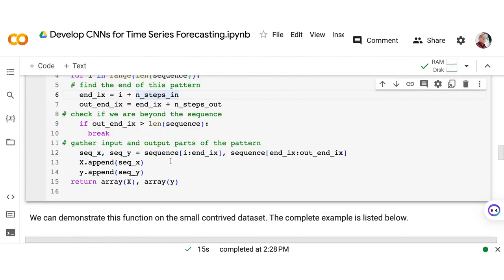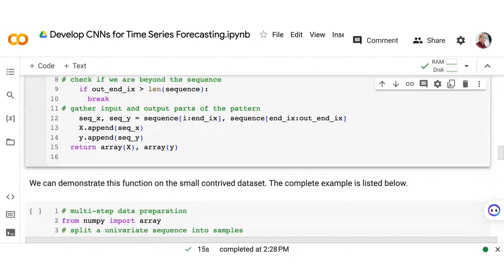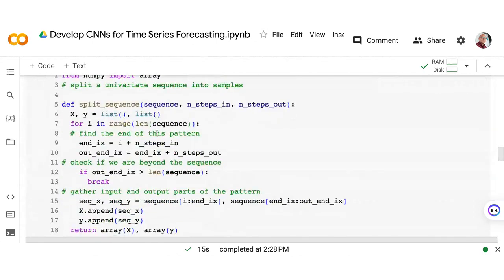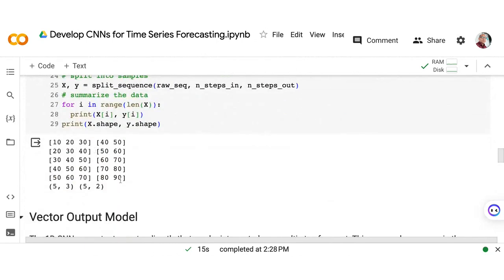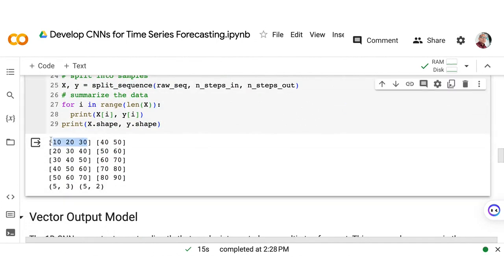And this is what we are doing right here, and this is the example of the output. You can see here that we have 5 samples that have 3 time steps. And for the output, we have 5 samples with 2 time steps for each sample.